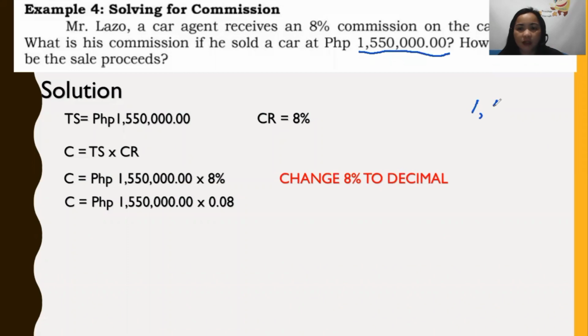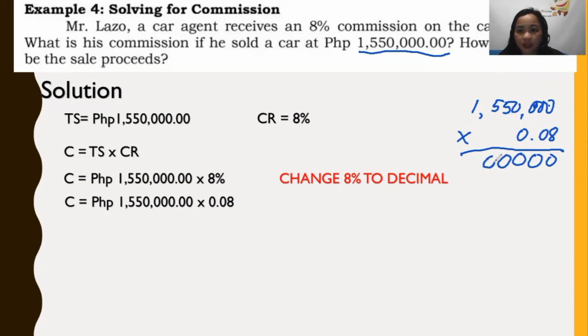So we have 1,550,000 pesos times 0.08. Ilan zero? 1, 2, 3, 4. Lagay tayo ng apat na 0. 5 times 8 is 40. Carry 4. 5 times 8 is 40 plus 4 is 44. 8 times 1 is 8 plus 2 plus 4 is 12. Now, let's count the decimal places. 1, 2, 1, 2. All right, therefore the answer is